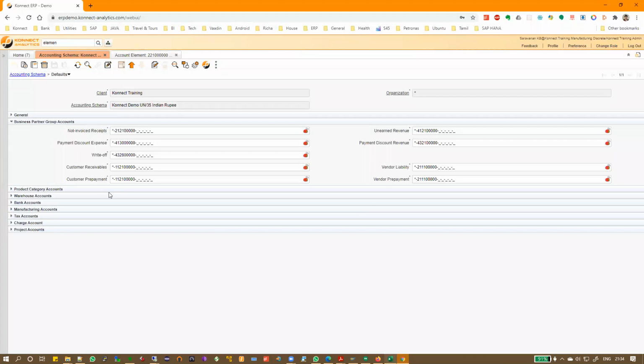Why do we say Connect ERP is very powerful in accounting? It is because of these multiple options we have in configuration. You can slice and dice your income statement and balance sheet to a very detailed level. Or if your customer doesn't want such a big balance sheet, you can also aggregate it. For example, I have only one account called sundry debtors, and I have mapped it to both my prepaid account as well as my receivables account. Same thing for liability and prepayment. I can have different accounts or the same.